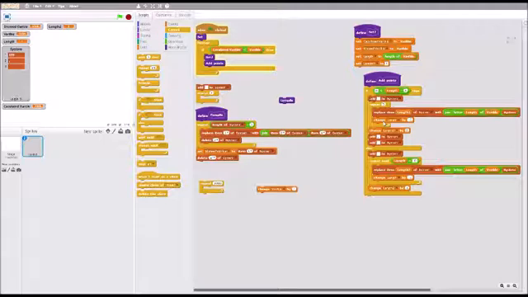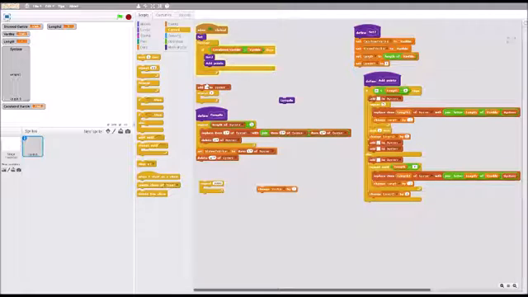Length of variable. Delete all system. And then I'm just going to put a 1 second wait here. This isn't permanent or anything, but